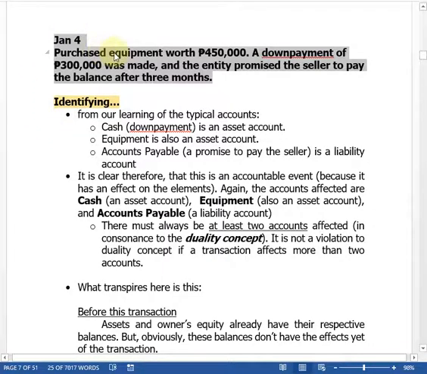So we have the account titles here, or terms that will immediately catch our attention about its inclusion in the elements. Because remember, if you make yourselves acquainted with the typical accounts, equipment is one of them. Equipment is an asset account. So since it appears here and it is, as said in the transaction, purchased, so once you buy an item like equipment,